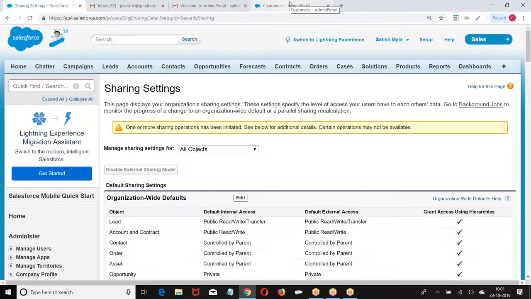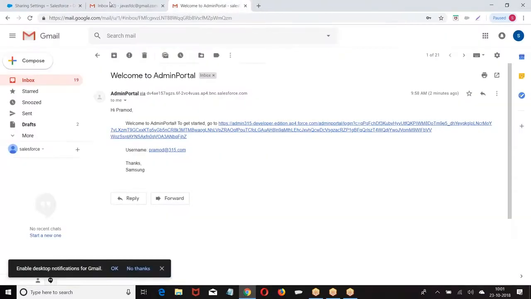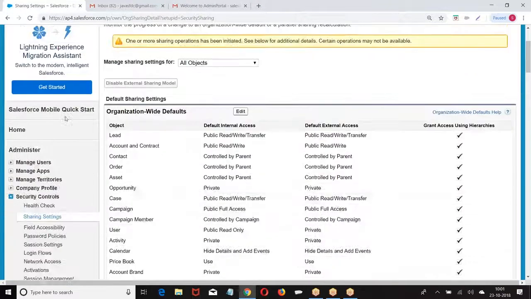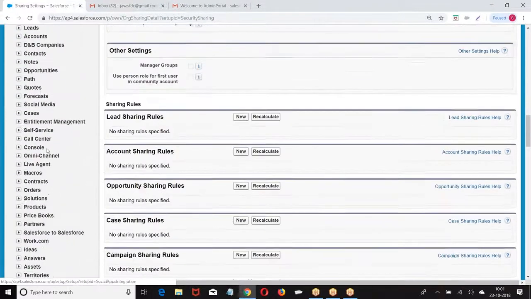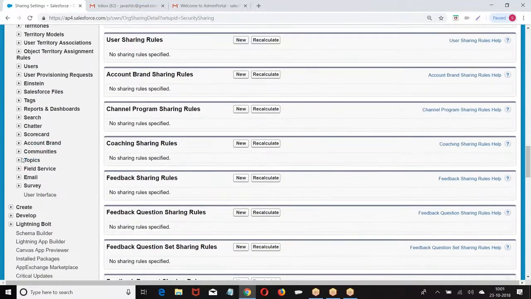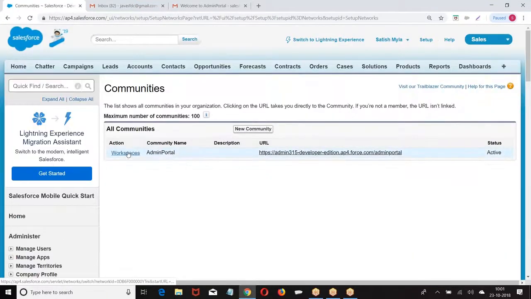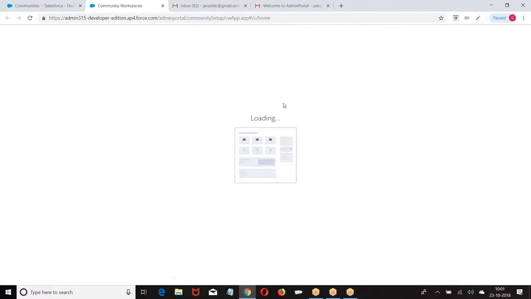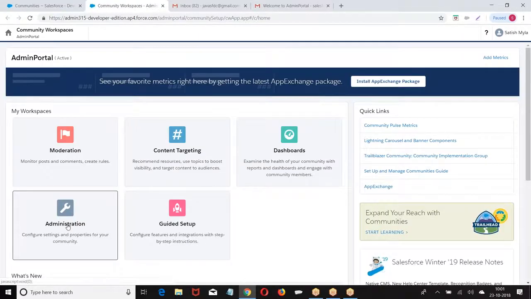Okay. Now let's do it from the beginning again. So look at the format. Once I enable the communities, I cannot disable it.